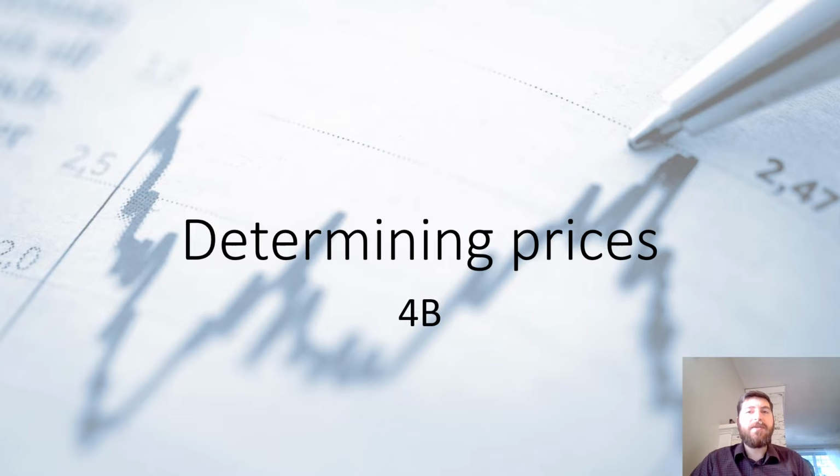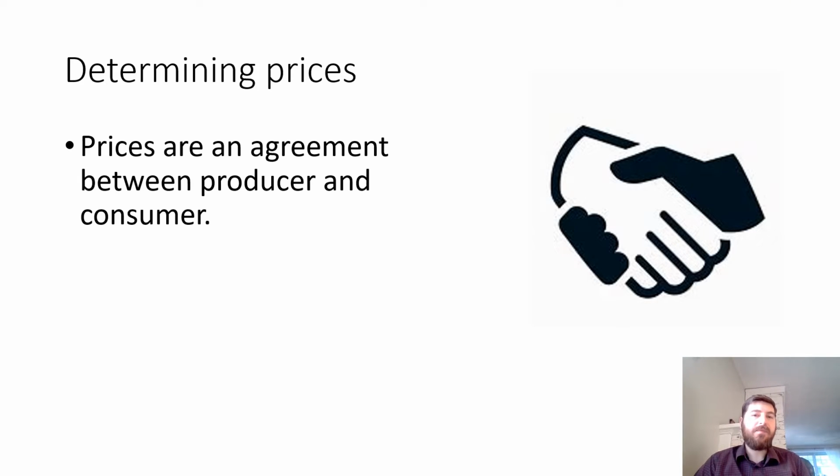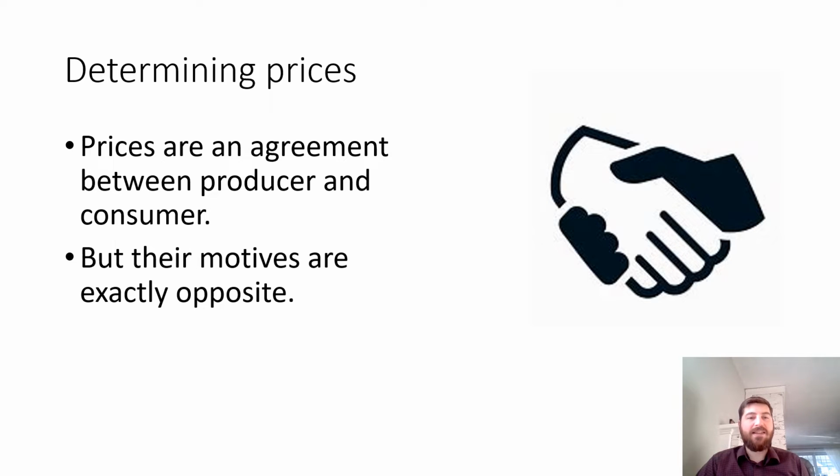Just wanted to get us introduced in how we set prices here in America and in other capitalist nations. Prices in capitalist nations are agreements between the producer and consumer. Government typically has little to nothing to say about it. And as we said before, technically, the producer could set whatever prices they want. They could set prices at millions of dollars. But in reality, if they do that, they're not going to sell anything. So the power is shared between both the buyers and the sellers.